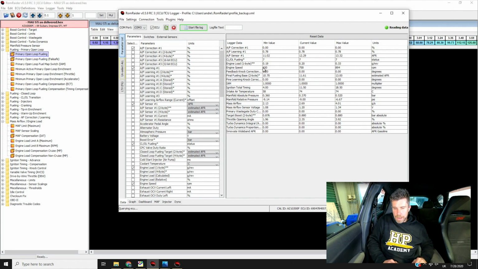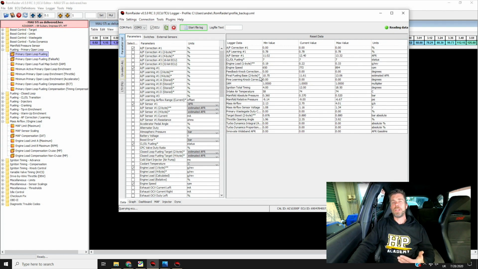Then we have our feedback knock correction, which is this parameter here, and we've got our fine knock learning. So we want to look at these parameters. This will give us some guide into what the knock control strategy is doing. Essentially, our feedback knock correction is an instantaneous response to knock activity, so we'll see that immediately pull timing.